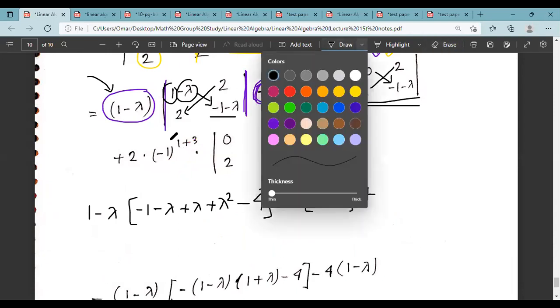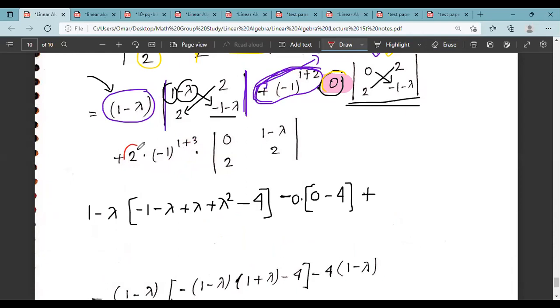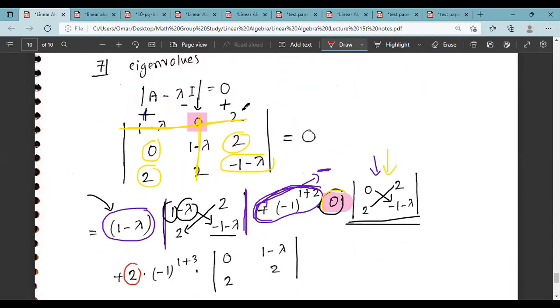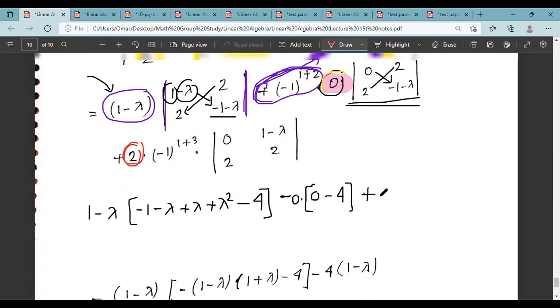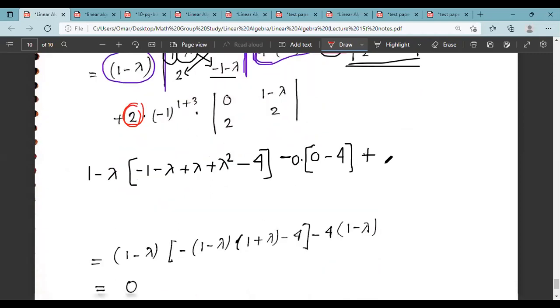And then you see, we had 2 here, right? Because we were expanding this entry. So okay, the 2 is here. So I write down 2 here. So 2, then